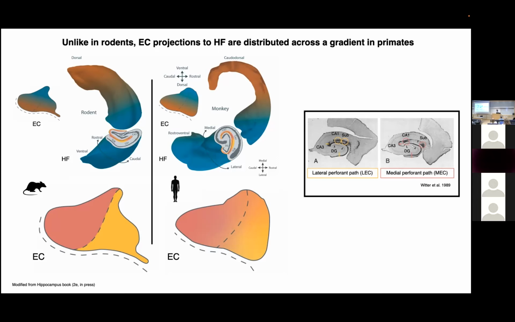In rodents, it's quite clear cut, but when you turn to primates and go through this evolution, as has been shown in humans with fMRI, you can see that it looks more and more like a gradient, and it becomes very hard to base your assumption that you have an MEC equivalent in humans on the same criteria as in rodents.